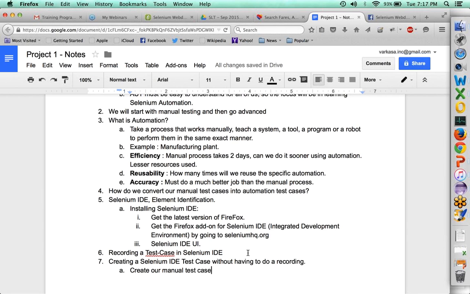Manual test case has a lot of documentation. It's got a structure. It's got a specific flow. The manual test case has to be created. Then we have to convert it into automation. Next is identify all the test steps. Build the command and target